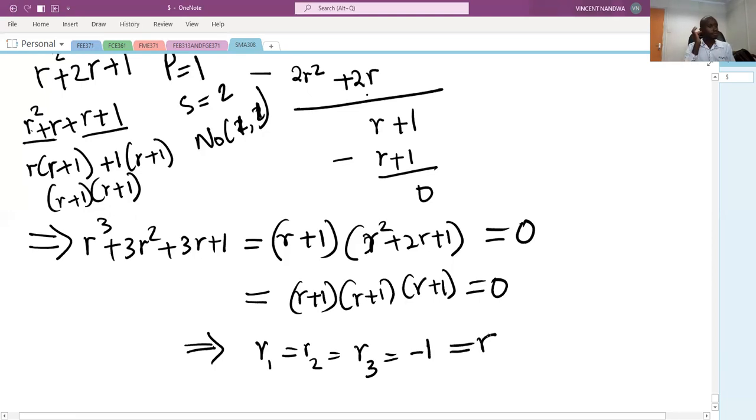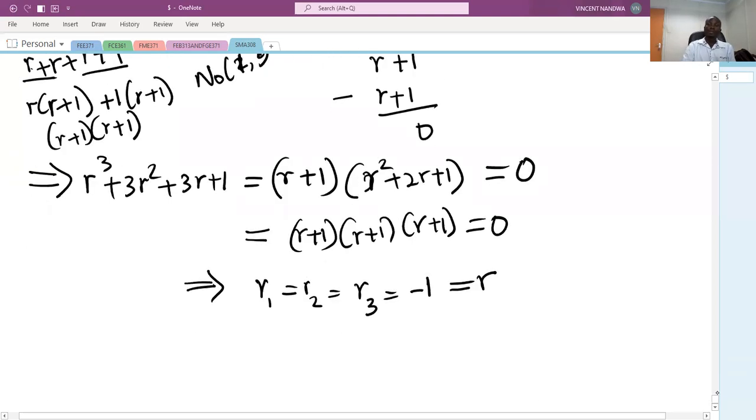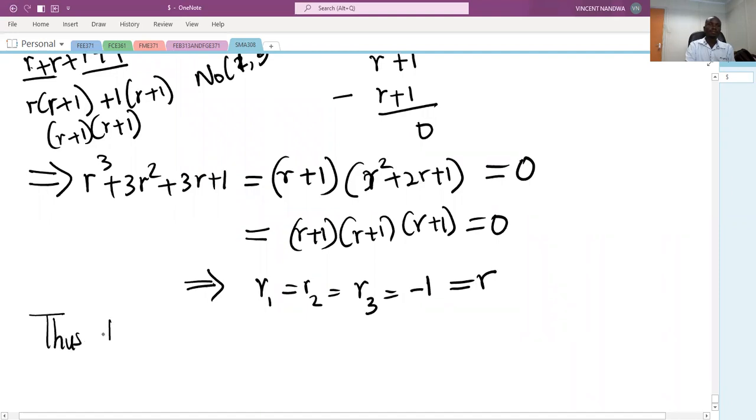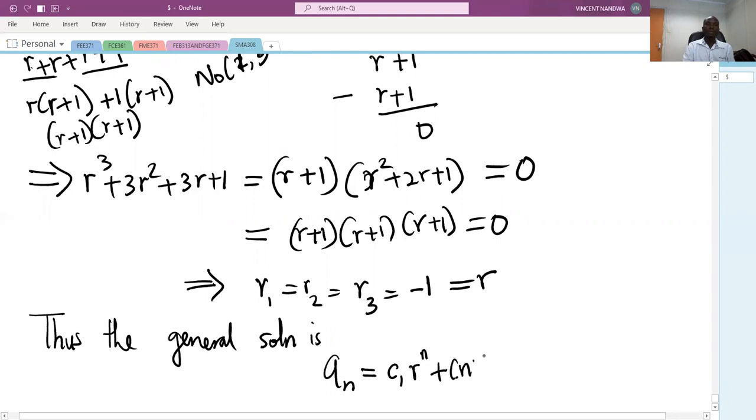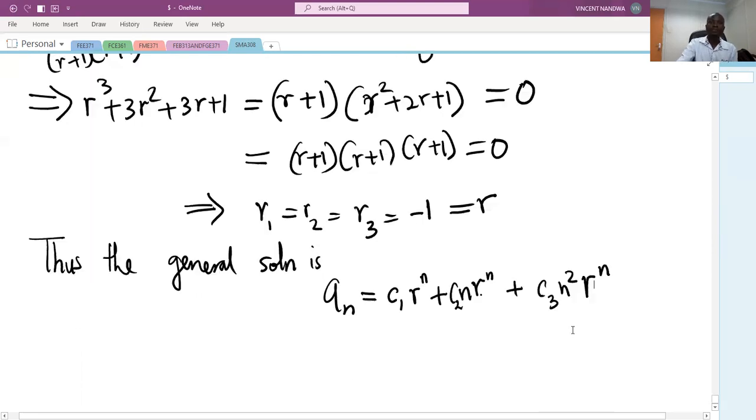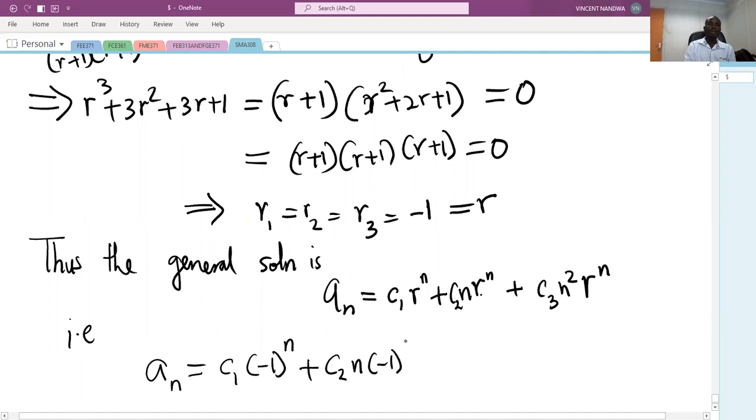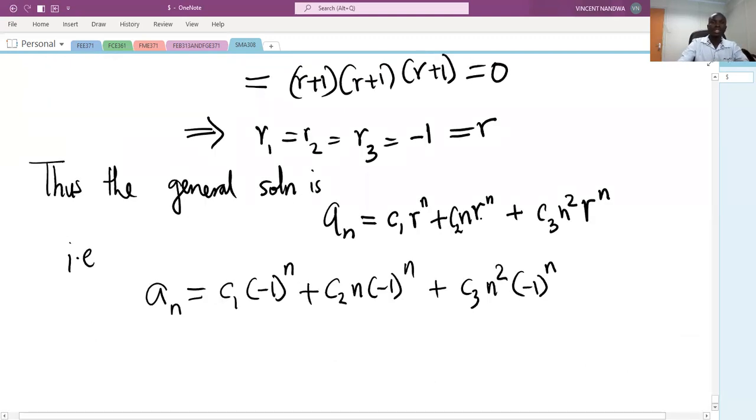So we can just call this one r. So the general solution will be given by a_n is c1 r^n plus c2 n r^n plus c3 n^2 r^n. This, by definition, is the same as a_n is c1 (-1)^n plus c2 n (-1)^n plus c3 n^2 (-1)^n. Now what we do, we use the initial conditions given to find the particular solution, or the specific values